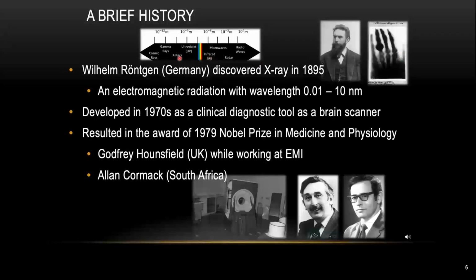X-ray is simply part of the electromagnetic spectrum here. And you can see from the spectrum on top that our visible light is somewhere in the middle, between 380 to 760 nanometers. X-ray sits slightly higher in energy, but with a shorter wavelength, usually between 0.01 to 10 nanometers. Most of the time, we subcategorize X-ray into soft X-ray and hard X-ray, and they are differentiated by their energy range.